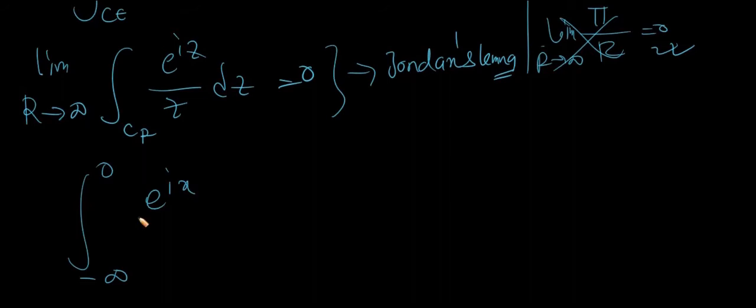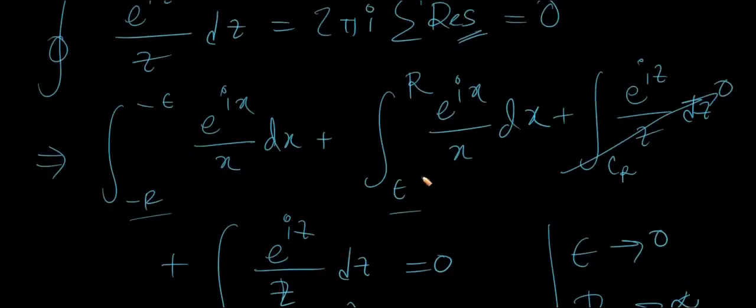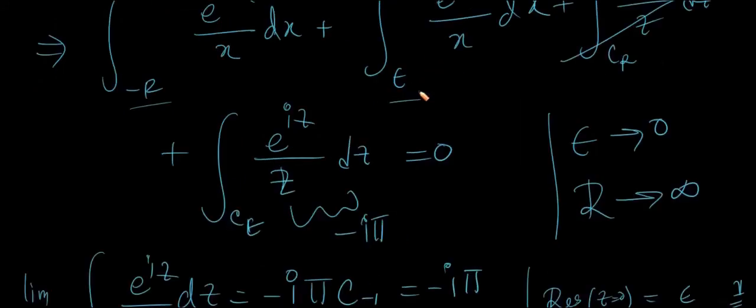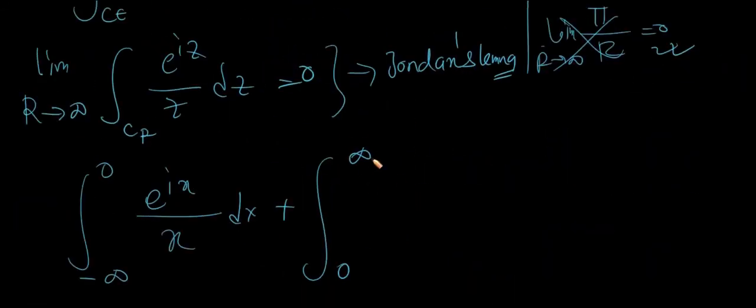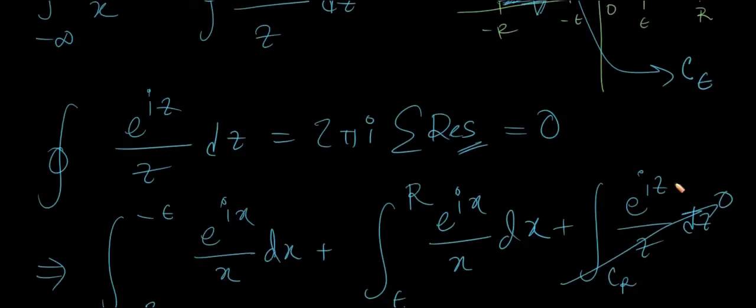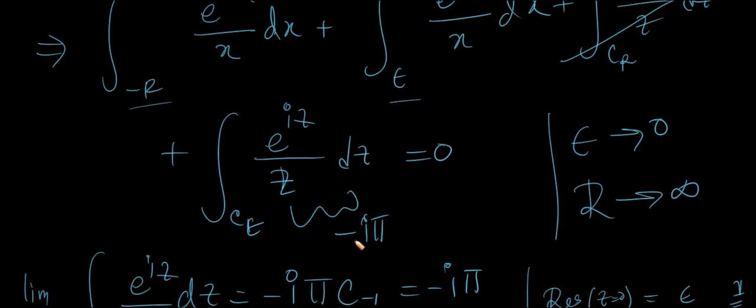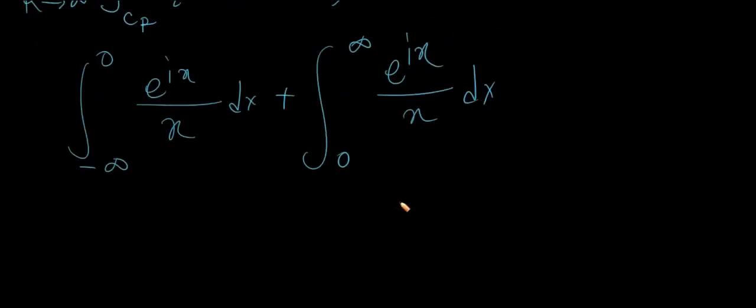This is e to the power ix by x dx, plus you will have 0 to infinity, because here you have a plus epsilon and epsilon is going to 0, that is this limit, and r is going to infinity. So that's why you put infinity over here. You will have this e to the power ix by x dx. This part was 0, it's contributing nothing, and this part is contributing minus i pi. So you write this contribution minus i pi and you equate it with the right hand side, that was 0,